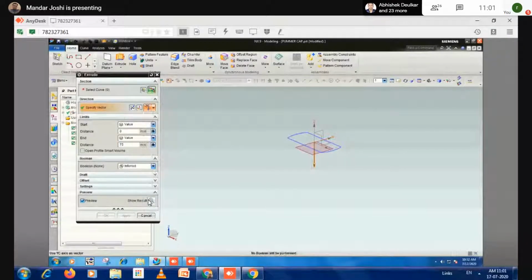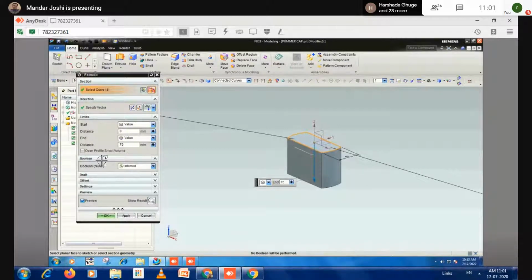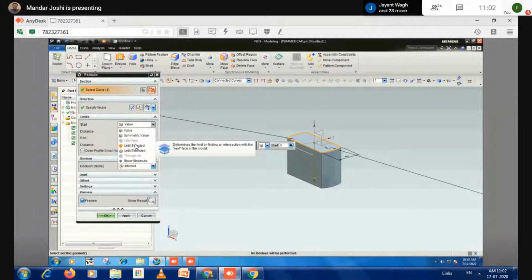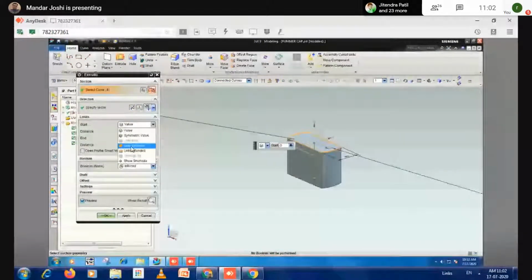On that direction, we have to add material. So first select the profile. The profile I'm selecting is this. And instead of putting the number 12 here, you use this drop down list and take the option until selected. So I'm selecting this option and select that plane.